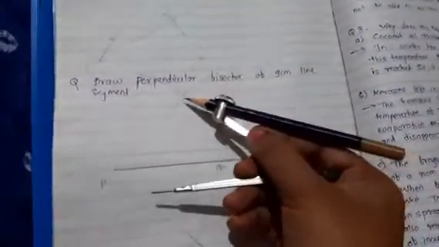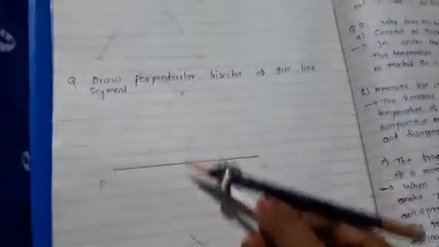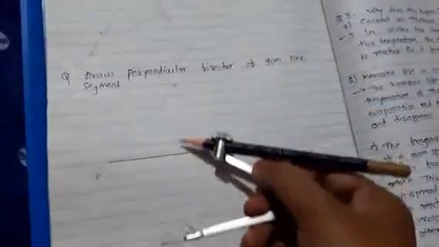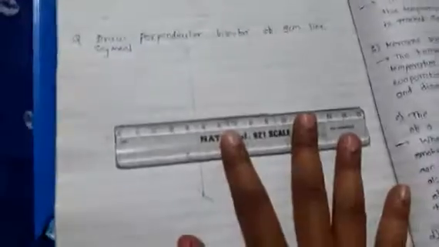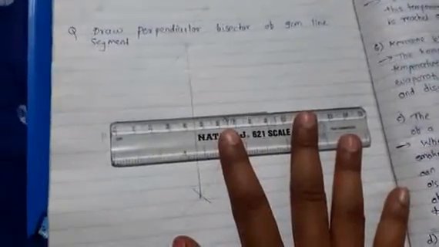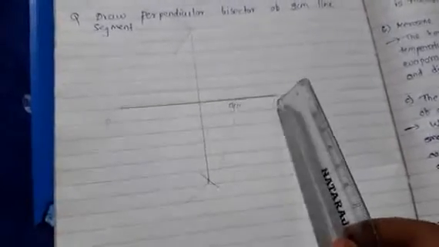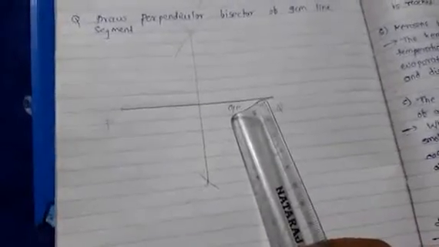Here we are getting two arcs, meaning we get 1 point, and here also we will get 1 point. Just join these two. After joining this, we get the perpendicular bisector of this line PQ. We can cross check whether it is a correct bisector or not. The total distance from P to Q is 9 cm, so half of that will be 4.5.